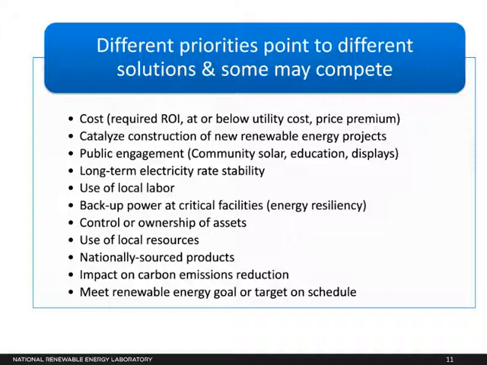So I'll use the city of Aspen again as an example. After the city defined the technologies that they wanted to consider as renewable, they also defined their top 3 or 4 priorities from a list very similar to the one here. And this was done in a public forum through a clear process. So it was very transparent to everyone what characteristics they would be looking for when they compared and weighed the different renewable energy options that they had available to them. This is certainly a best practice and should be an early step in decision making and road mapping for renewable energy development or procurement. So now let's look at how these priorities are going to impact your procurement options.